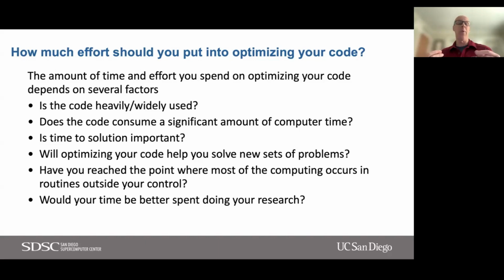Does getting an answer quickly help you advance science more quickly? Will optimizing your code help you solve a new set of problems? Have you reached the point where most of the computing is now occurring in routines outside of your control, say optimized math libraries? And finally, would your time be better spent doing research? I know that most of you attending this webinar are domain scientists, grad students, professors, postdocs. You're focused on a particular research problem. So you need to think of how to balance your effort. I would say that spending some time improving the performance of your code is a great idea, but again, balance it against the time that you should be spending